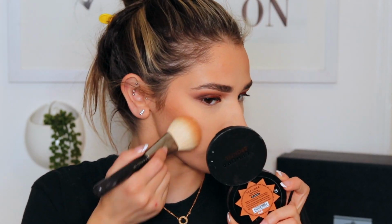I love the way it looks on my forehead. I'm just trying to blend it out with my cheeks. Even though it's warm, I just like to hit my nose with it a little bit. I will go in and contour though. Let me grab a different contour now just to contour and see how it blends together. I'm going to use this guy. This is by Alamar Cosmetics. This is their contour trio. I'm just going to mix